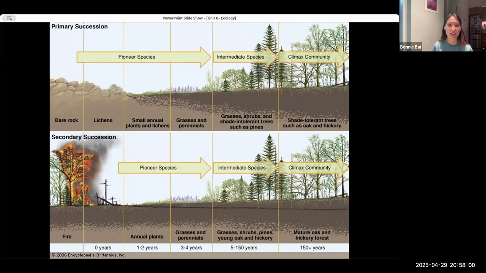Animals, can they run through? Yes. Can a bird land on a rock? Yes. They're not staying there long term and really participating in the rebuilding process yet. But the lichens and the mosses are able to grow on the bare rocks much more easily because they're not depending on having roots going into the soil. They're just attached, right?